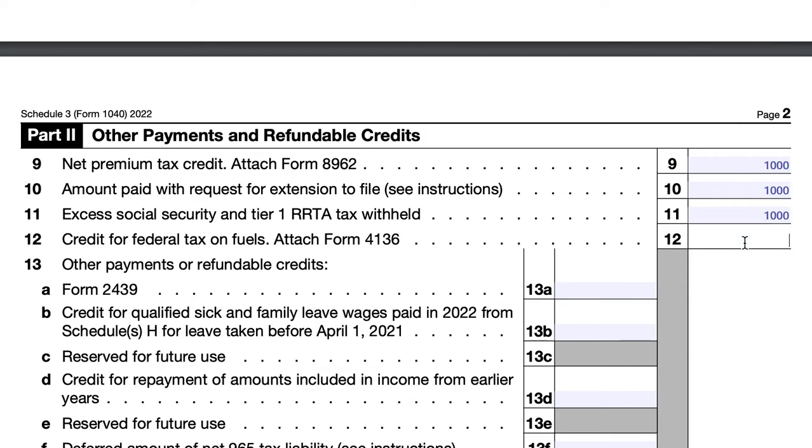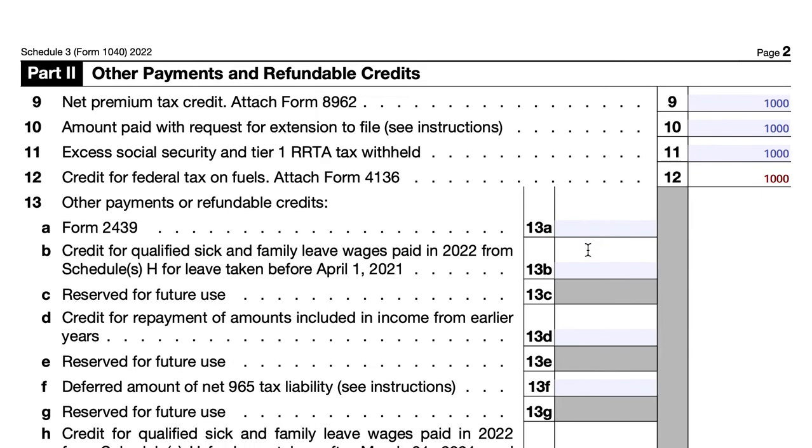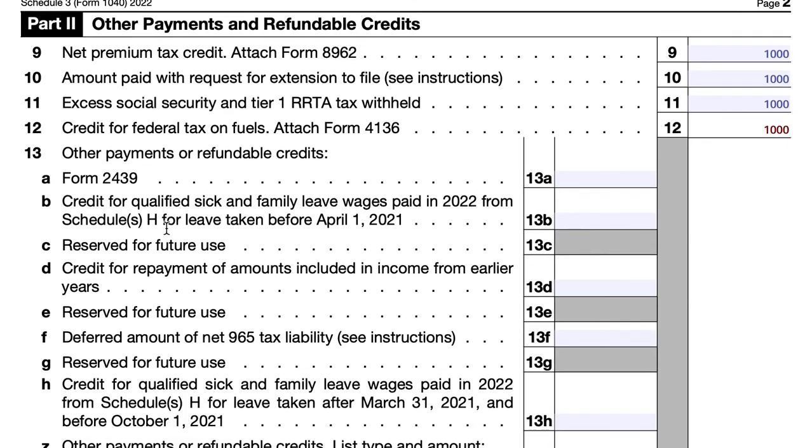If you used fuels in any way for a non-taxable purpose, but you paid a federal tax on the fuels that you consumed, then you would report that on IRS Form 4136, and that would be a non-refundable or a refundable tax credit for you. And then just like with line 6 above, a lot of these are lesser known refundable credits. So IRS Form